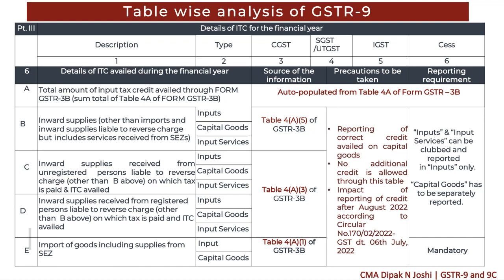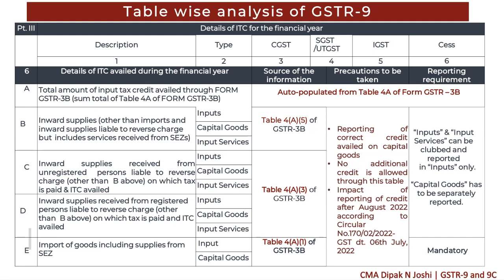Right? So for example, if any credit which is ineligible but appearing in GSTR 2B, in that case, what this circular is saying, you avail that credit in all other ITC, right? And you reverse that credit in table 4B of GSTR 3B. So whenever you are reporting any information in table 6, you should also take the cognizance of circular number